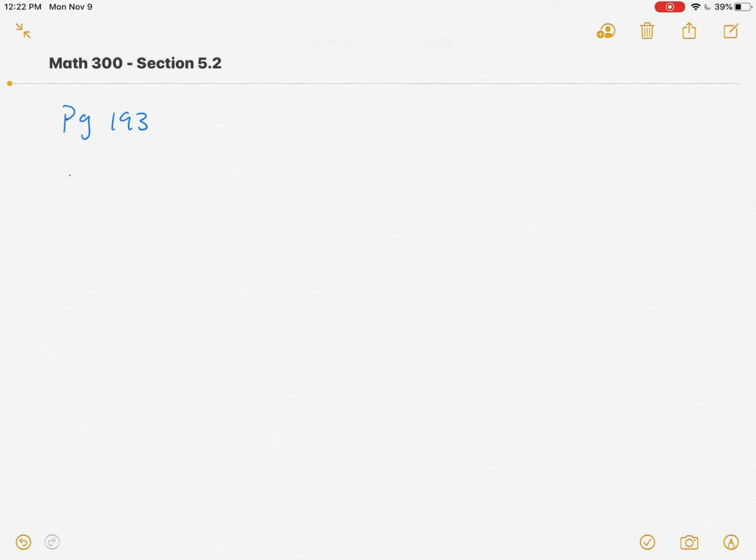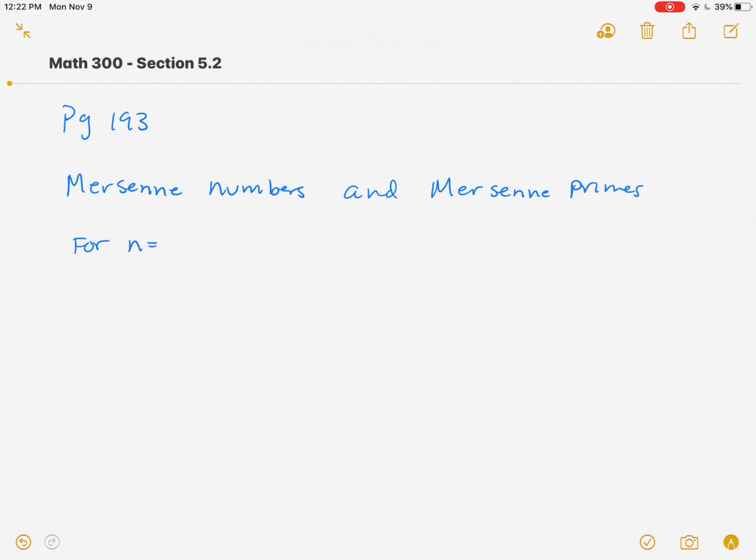It's called the Mersenne numbers and Mersenne primes. And here's what it says. It says that for n being a natural number, or counting number, 1, 2, 3, etc., as high as you want to go, the Mersenne numbers